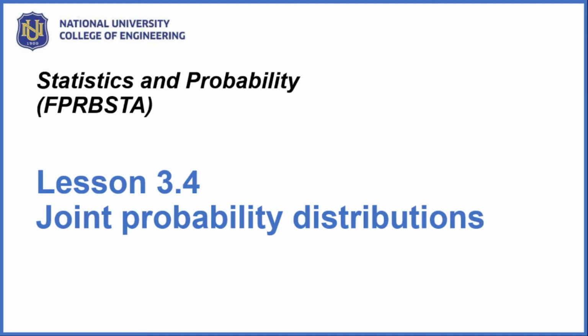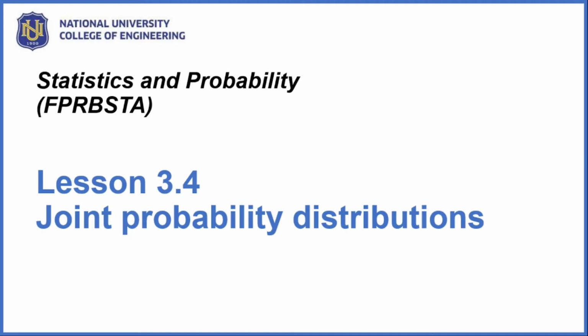So far in the discussions that we are having about random variables, we always consider na yung outcomes nung ano natin, or yung variable na titingnan natin ay isa lang. So isang outcome lang titingnan natin per variable that we are assigning. Okay. In this lesson, we will try to look into